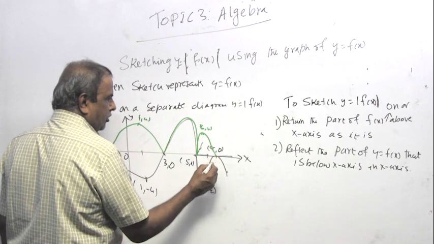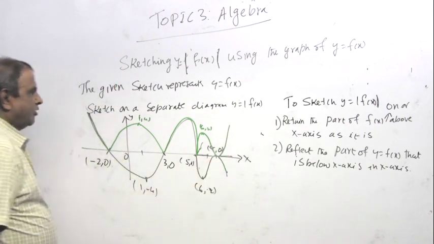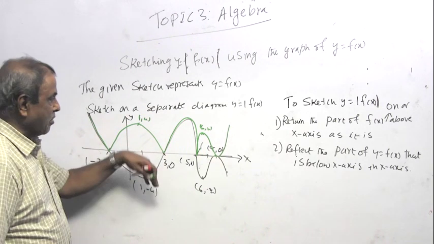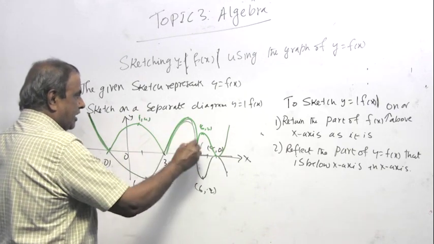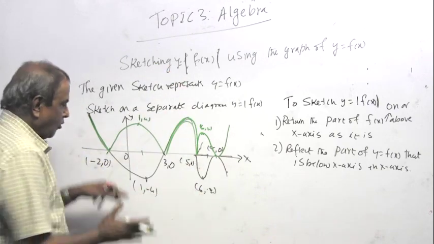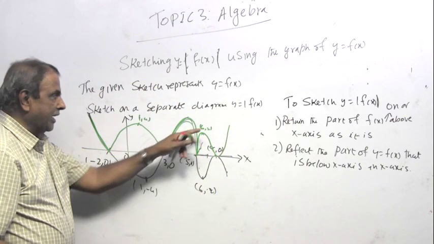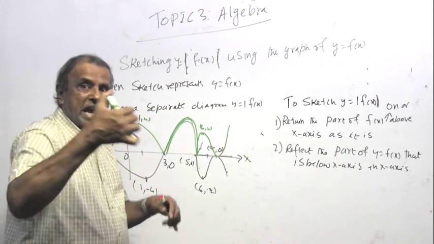8, 0. And look, it's a tangent, so it's a tangent going up, so down, so goes up. So the green bit is modulus f of x. Whatever is above the x-axis, this bit was above the x-axis, that bit was above the x-axis, keep it. Whatever is below the x-axis, flip it up. That's all. And you have to indicate the coordinates of all the points that are given, the images of those